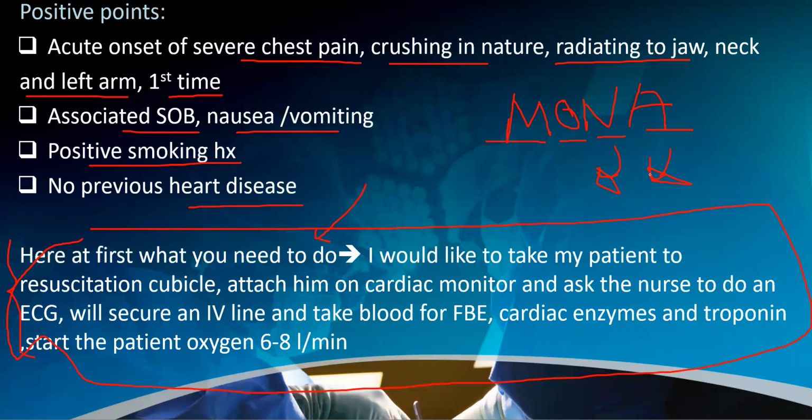So in my perspective, because even when patient comes through ambulance, the protocol is to give aspirin and GTN even during the ambulance time. So you can do that in any chest pain cases along with this, like sending the blood for cardiac enzymes and troponin, you can start aspirin and nitrate as well. It will not harm the patient. Rather, it can save the patient. So you can say, take the blood for cardiac enzymes and troponin and would like to start aspirin and GTN,